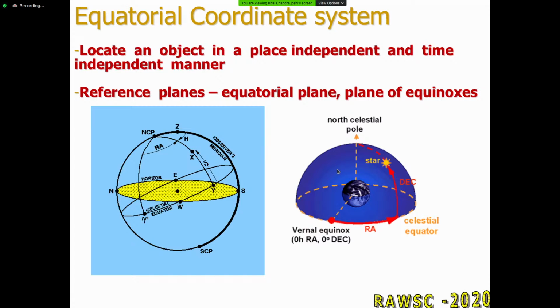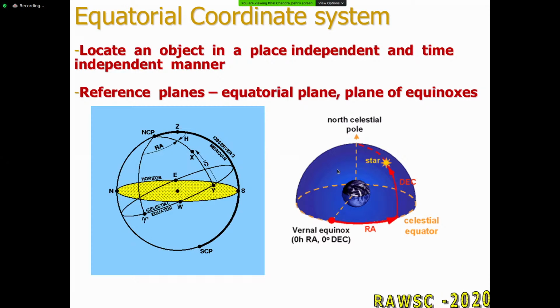As the Earth is rotating, it's not going to change the celestial equator. It's neither going to change the first point of Aries, right? Because both these planes have been defined in a time independent way. So that is why when you use an equatorial coordinate system, right ascension and declination, you uniquely define the